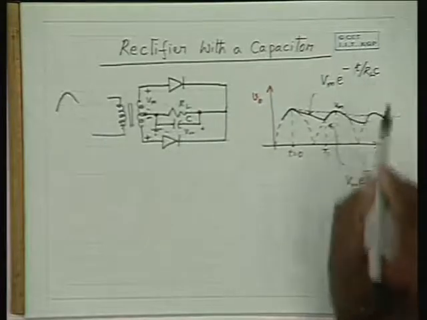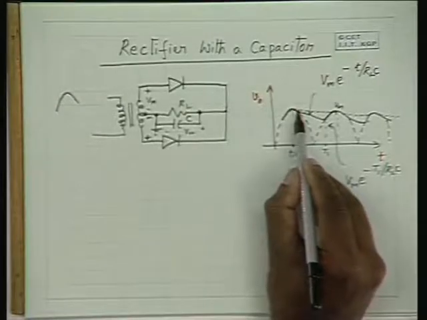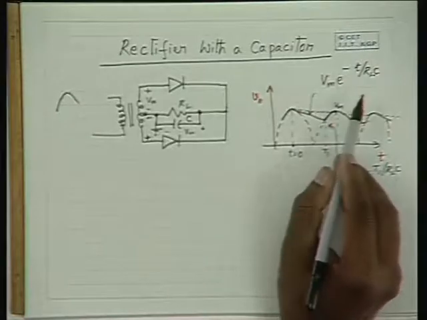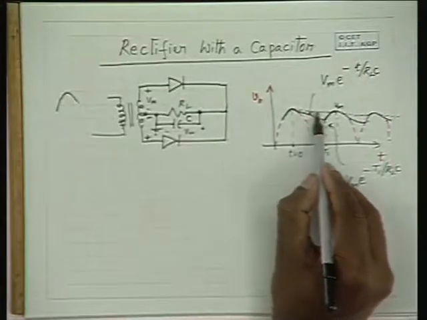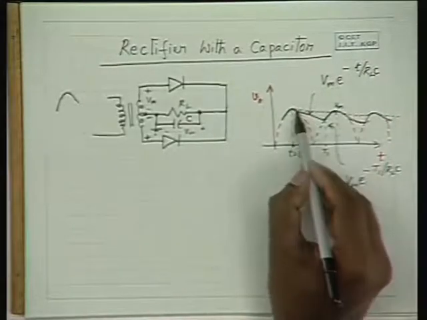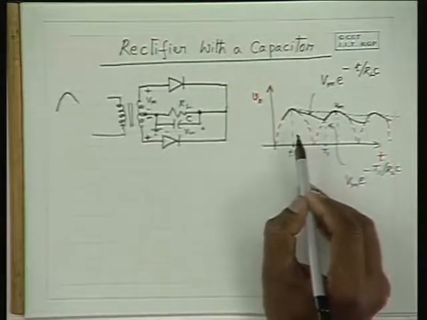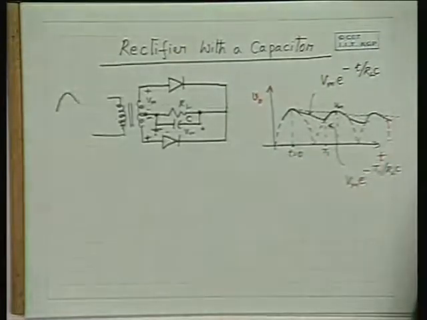And naturally, with a large RLC the drop rate would be very low, whereas with a small RLC the drop rate would be high. In any case, it is definitely better than that of a full wave rectified waveform. Hence, you will get improved output. Improved output in the sense of reduced ripple and increased DC voltage.